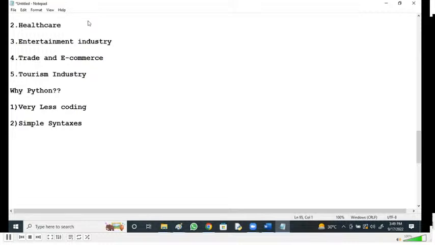You see very little coding in Python, and very simple syntax. We also see hybrid features: the features we have in many other programming languages, we see in Python, like procedural, object-oriented, scripting, and modular. We can easily interact with Python, in interactive mode.